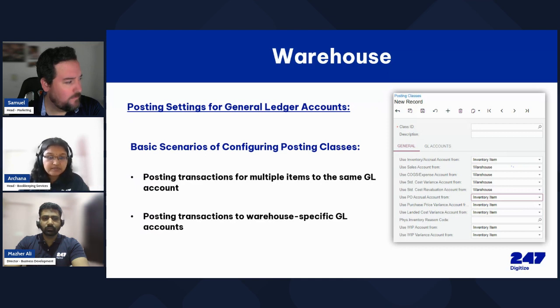Let us now look at the posting settings for general ledger accounts. The inventory account will vary depending on the warehouse where the inventory transaction is made. You select the source if you use multiple warehouses in each system, and each warehouse has a specific inventory account assigned. Under the basic scenarios of configuring posting classes, posting transactions for multiple items to the same GL account will